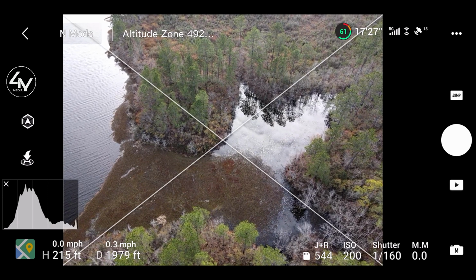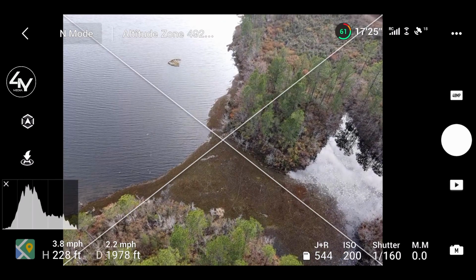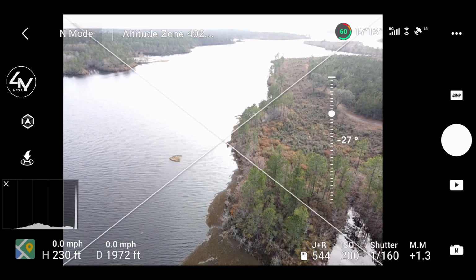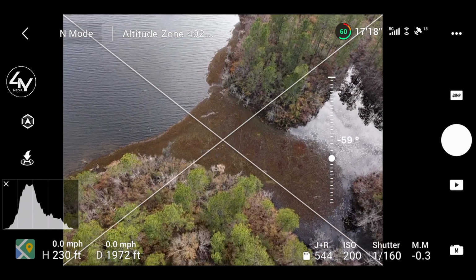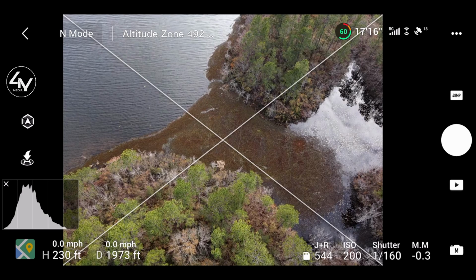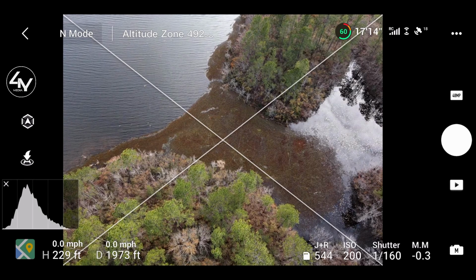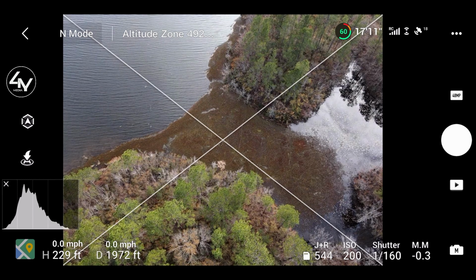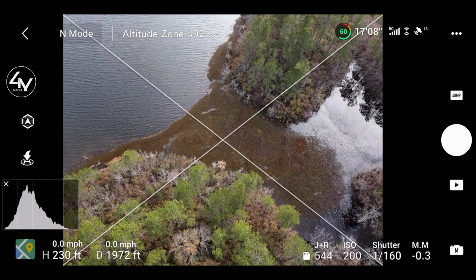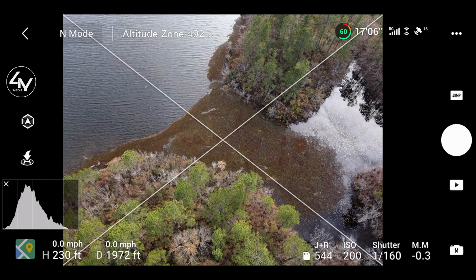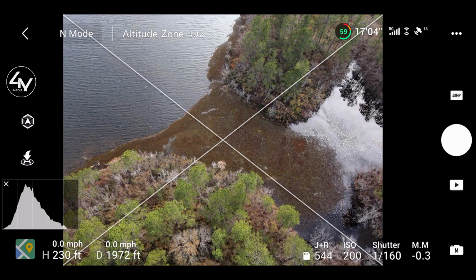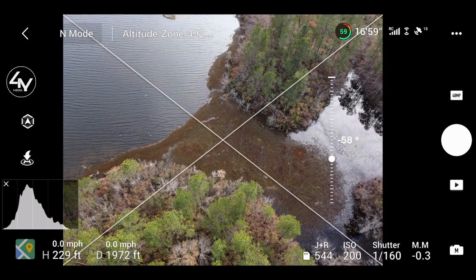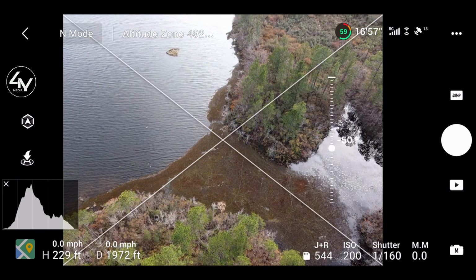Also, over here to the left of the screen, I have a histogram, which, as I'm moving, you can see the left side of it is going to be your shadows. Your right side is going to be your highlights. So what you want is in the middle. It's going to be showing a correctly exposed photo. You can see that it's almost touching the bottom right corner. That means that I'm going to be a little underexposed in certain areas. And if you look over to the right, nothing is touching that corner, so that means that my highlights are good. If I raise the camera and start moving it towards the sun,